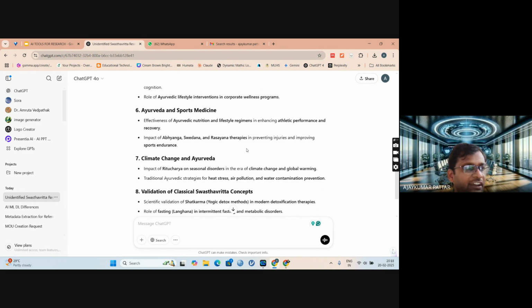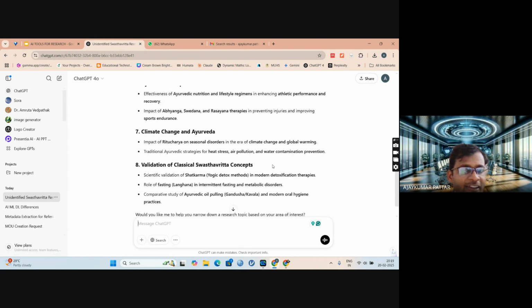So it has identified whatever comes under this particular subject, connected all the domains, and is giving possible suggestions.